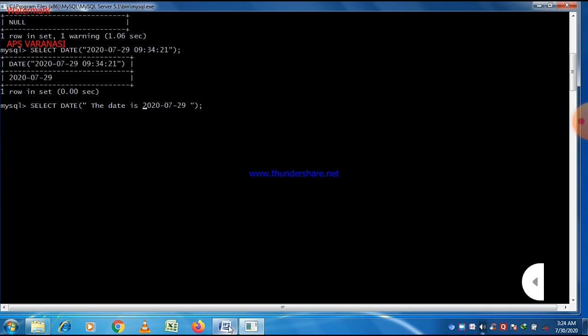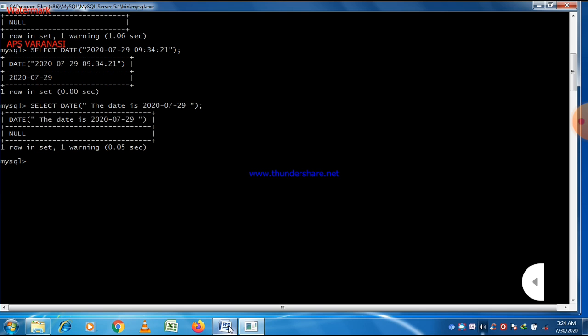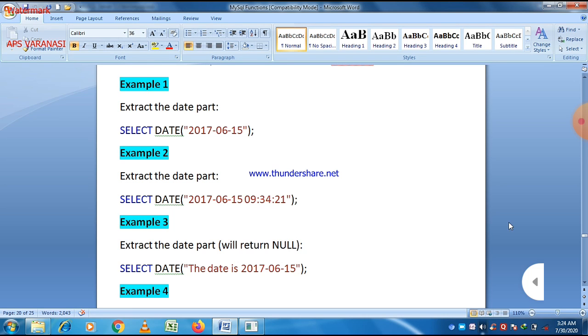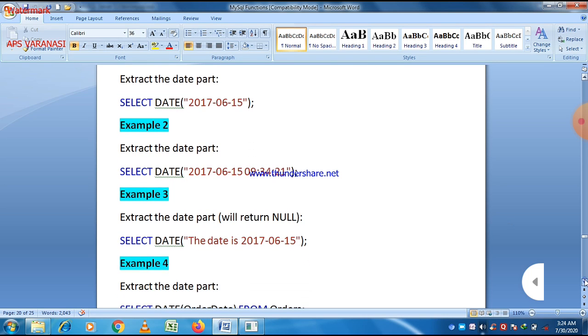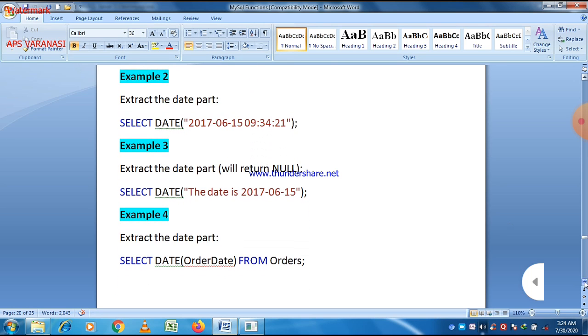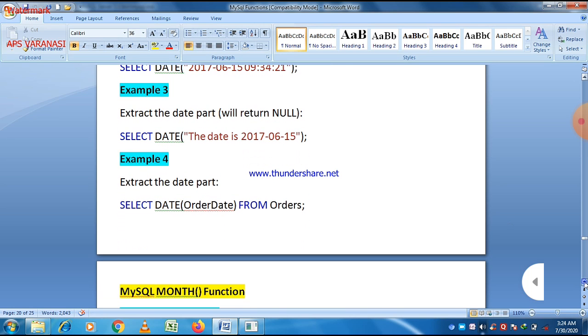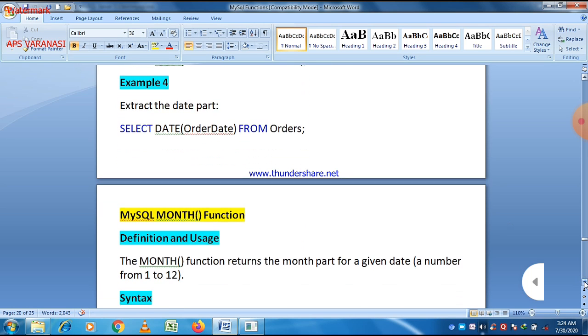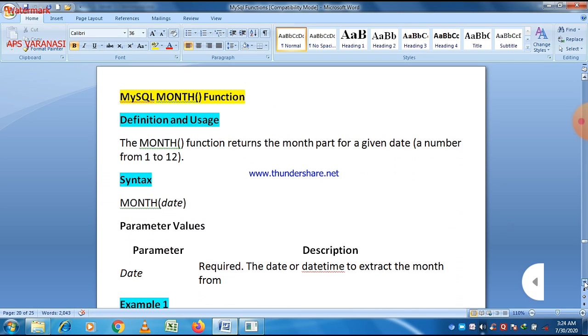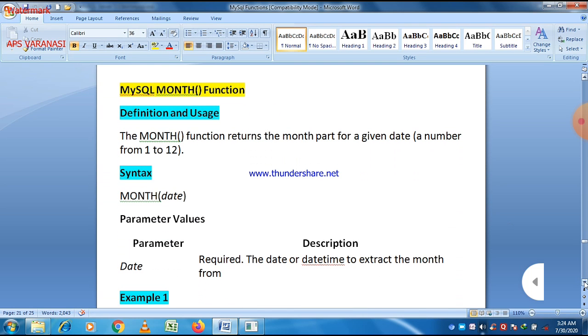The date is 2027-29, and let us check it. Okay, null value is given. So the main point is, when no format is applied within the date parameter, then it will always give you a null value, and it doesn't show any error.